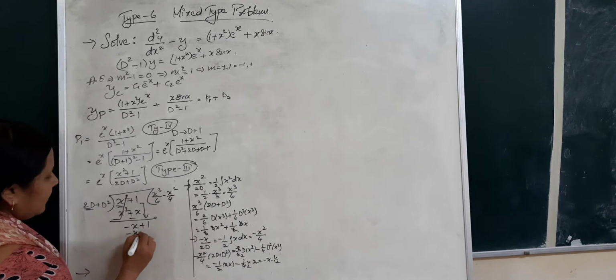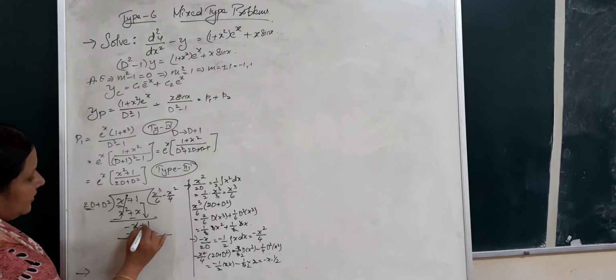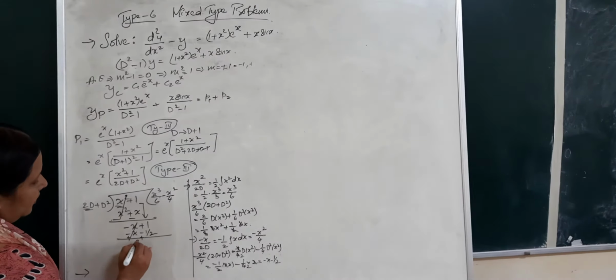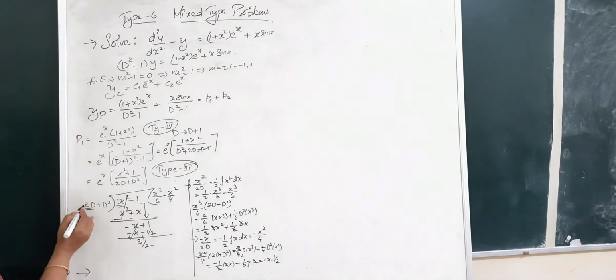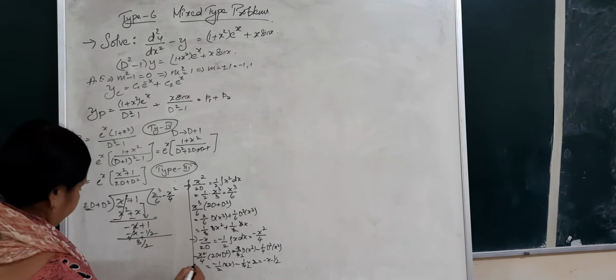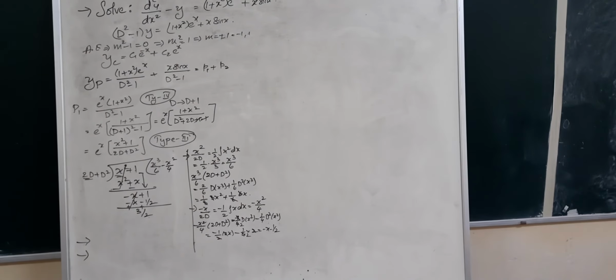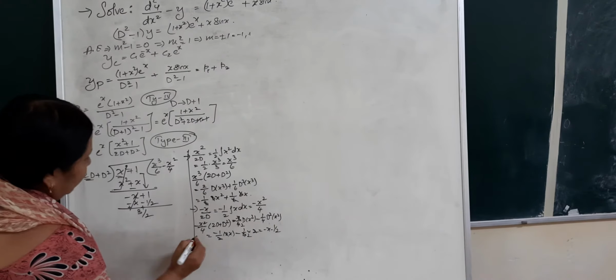So minus x minus 1 by 2. Changing the signs, this gets cut. 1 plus 1 by 2 is going to be 3 by 2. Again, in the denominator, the first term by the first term, what do you get? So my first term by first term, what do you get, guys? So 3 by 2